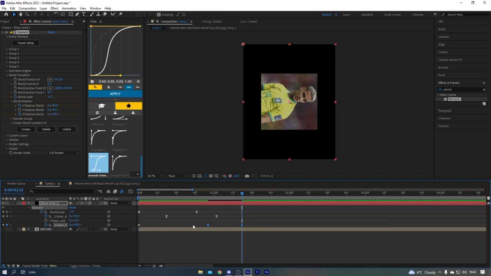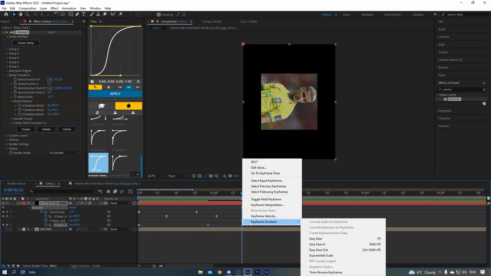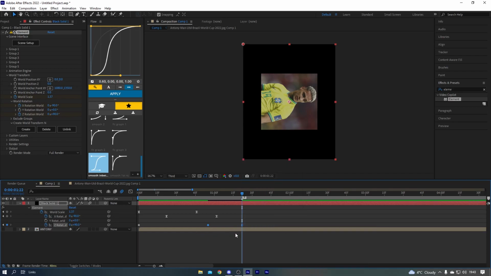Let me easy ease them first and then do it. To easy ease, you can just go to keyframe assistant, right click, keyframe assistant, easy ease, or you can just click F9. That's personally what I do, and then just